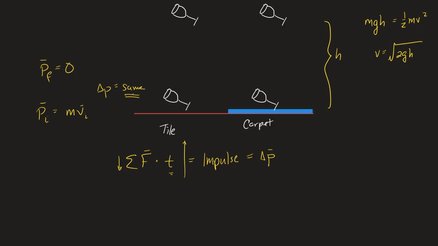The cup doesn't break. But the cup that strikes the tile has to stop in a very short amount of time. So time becomes small. That means force goes up. The quicker we have to stop something, the more force you have to use to stop it. Now,